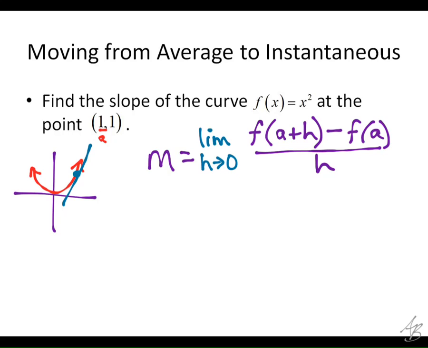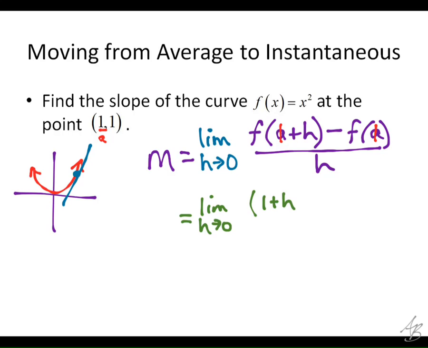All right, so this is just going to be some algebraic substitution. The first thing here, the first term, is f of a plus h. So how am I going to introduce that into the problem? So first of all, a is going to be 1. I'll just throw that in here right now. But if I want to know what f of 1 plus h is, I have to use the x squared function, because that's f of x. So I'm going to put the 1 plus h in for x squared. So we're going to, and don't forget the limit, compute the limit as h approaches 0 of